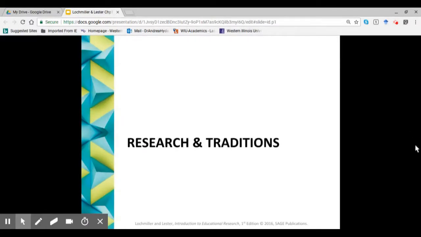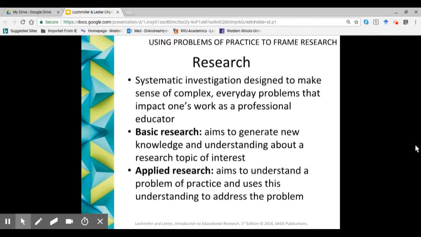So what are the research traditions? Here's their definition of research. So Lockmiller and Lester say it's a systematic investigation designed to make sense of complex everyday problems that impact one's work as a professional educator. You might